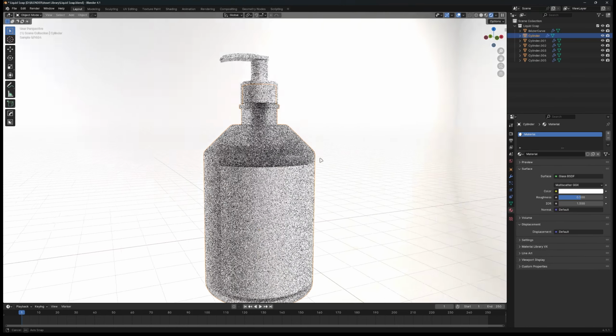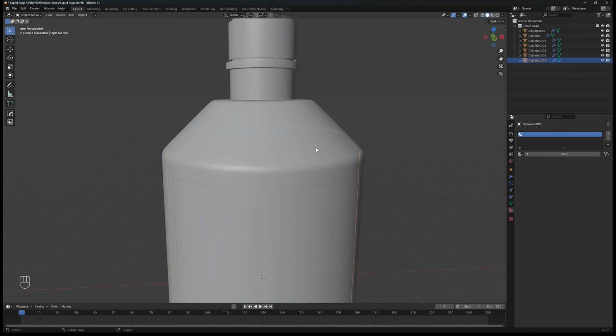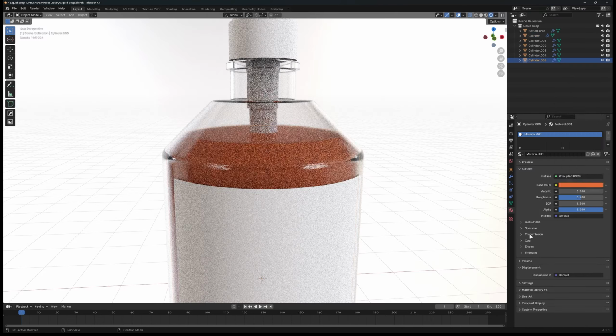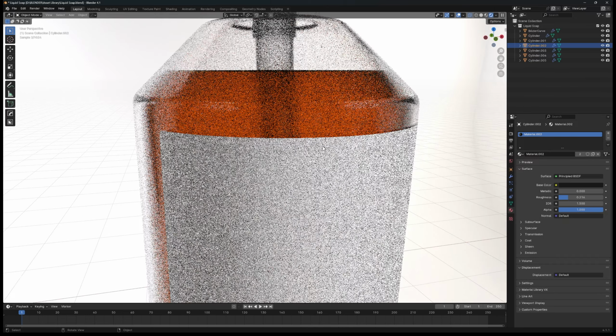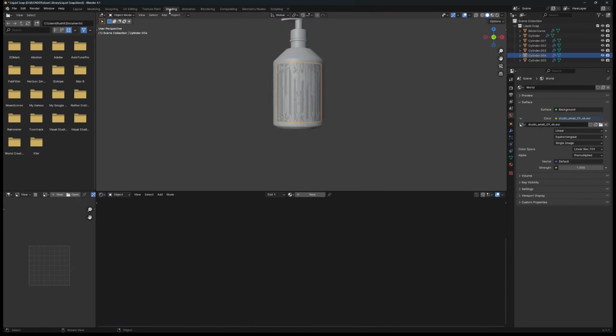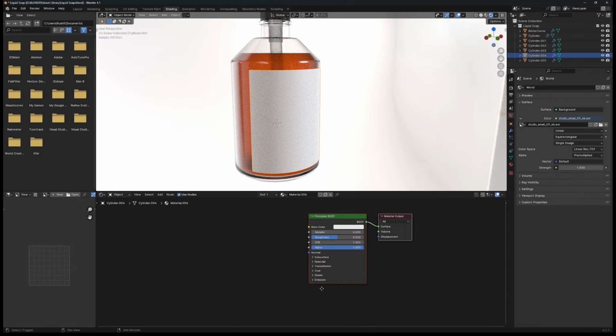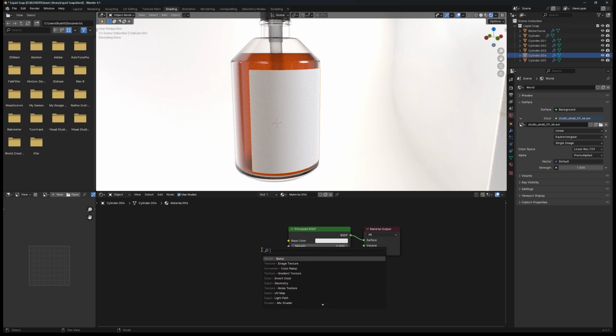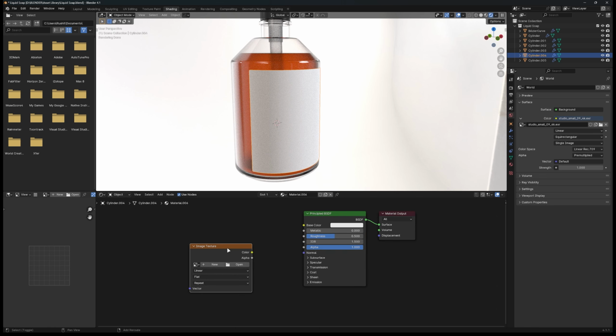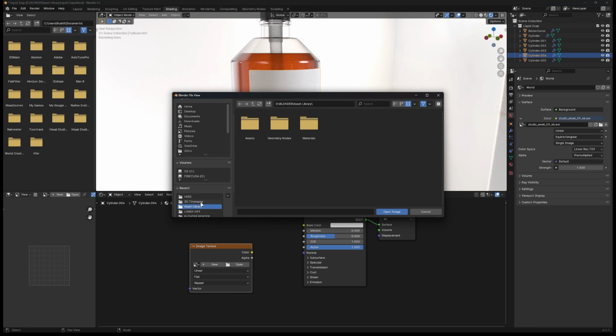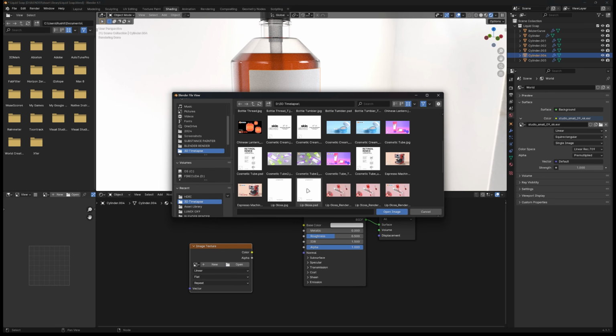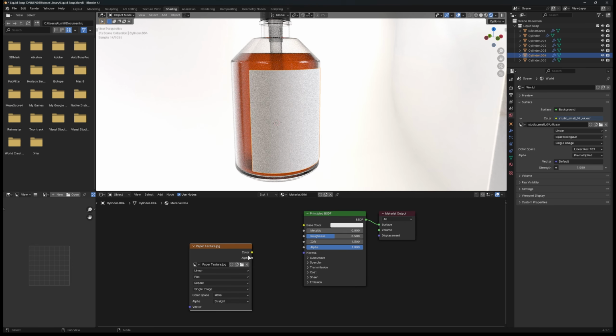So in the body material, I changed the Principled BSDF to Glass BSDF, or you could experiment with the transmission too. Then I add some material to all of the mesh. So just be creative with it. And finally, while the label mesh is selected, move to the shading tab and click new to add new material on it. Here I will add some paper texture on it. I downloaded it randomly from the internet. You can do this too, or you can use noise texture.